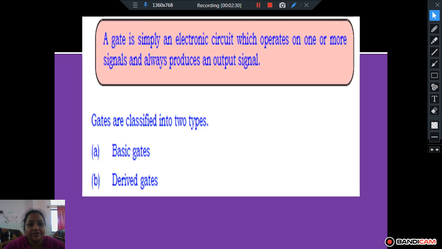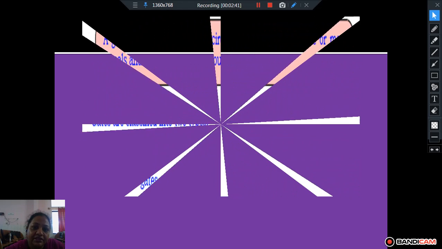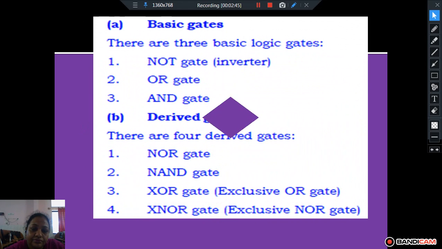Last class we discussed basic gates, that is AND, OR, NOT, and today we will be learning the continued part of the gates. There are three basic gates: AND, OR, NOT.